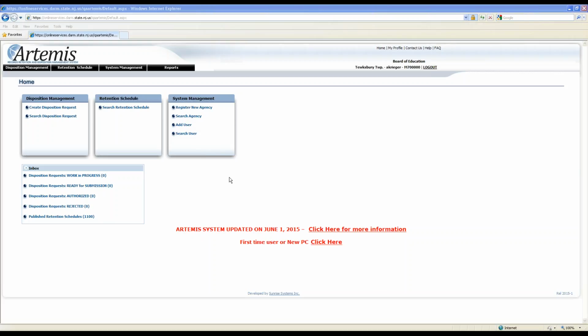If I'm new here, what if I submit a duplicate request to the person whose job I'm taking over? If you submit a duplicate request for records that you've already got approval for, no big deal. They'll just approve it again as long as the dates are okay and everything. It's not going to hurt anything if you have a duplicate. So if you do have a duplicate request, no big deal.